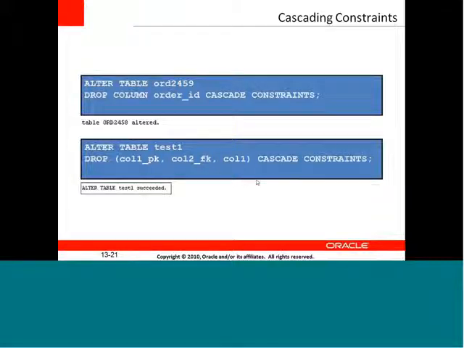So that checking is this query, right? Alter table, drop column, order ID, cascade constraint. Yes. And this we are testing, the alter table test 1, whether the drop column 1 PK, column 2 FK, column 1 cascade constraint. So test 1 succeeded. So we'll get to know the result whether we have got the column being dropped or still they do exist. So we'll get to know whether they are being cascaded or not, whether they are being dropped or not. We are going to test it here. Okay.